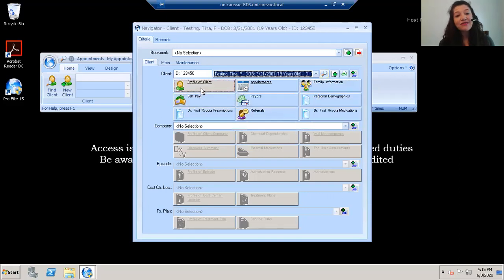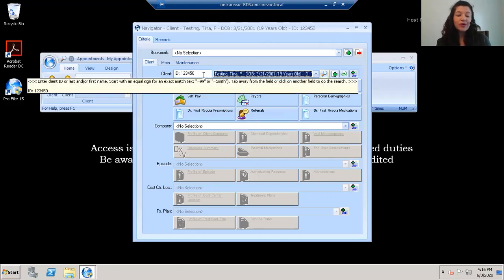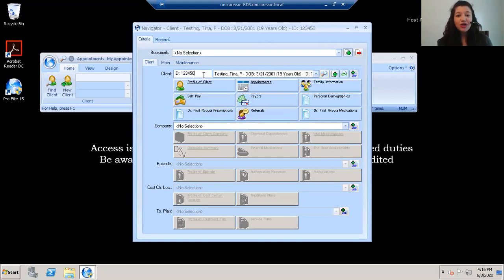One of the things that I really like about Profiler is that it always includes the person's name, date of birth, age, and ID number at the top of every window that you open of theirs, and that way you can always keep track of whose chart you're in. Okay, so we pulled up her chart by her name, and that is